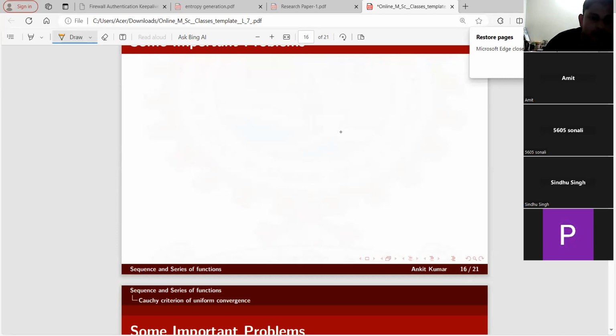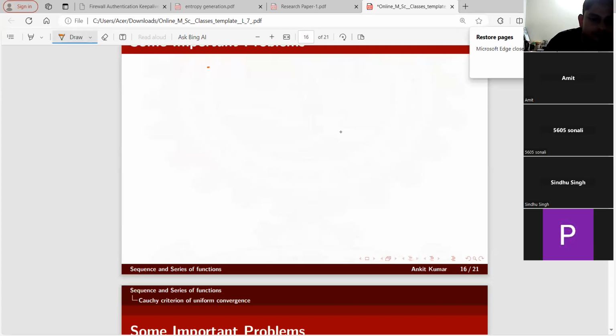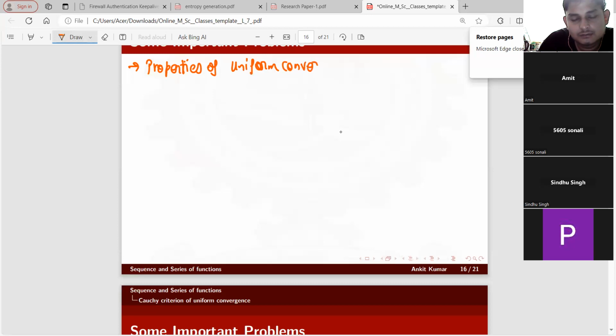Now we see a very important concept here: properties of uniform convergence. So boundedness. First we consider